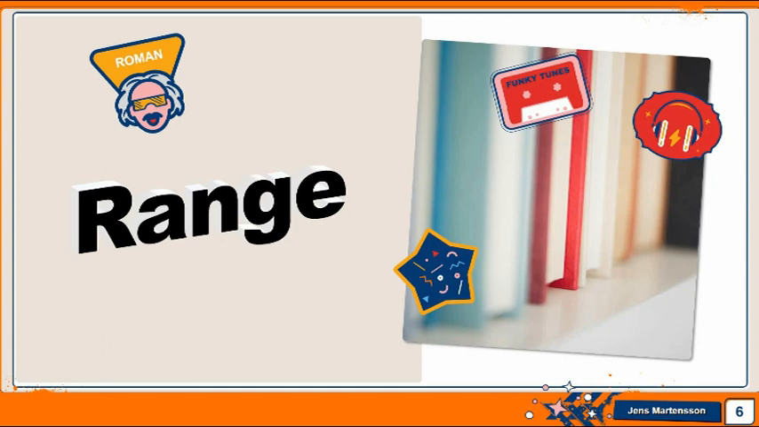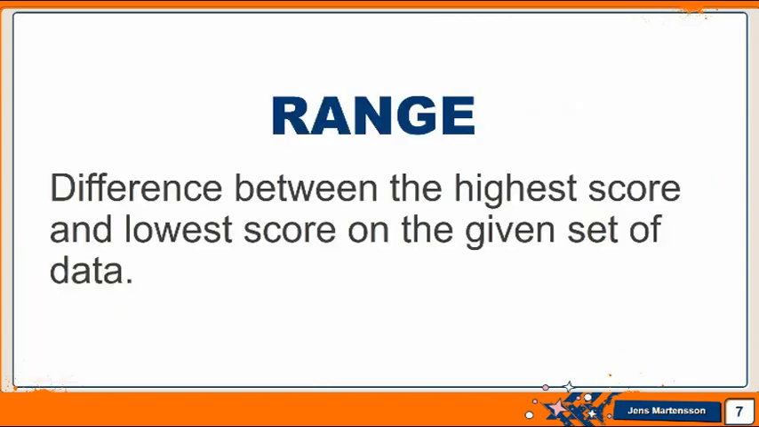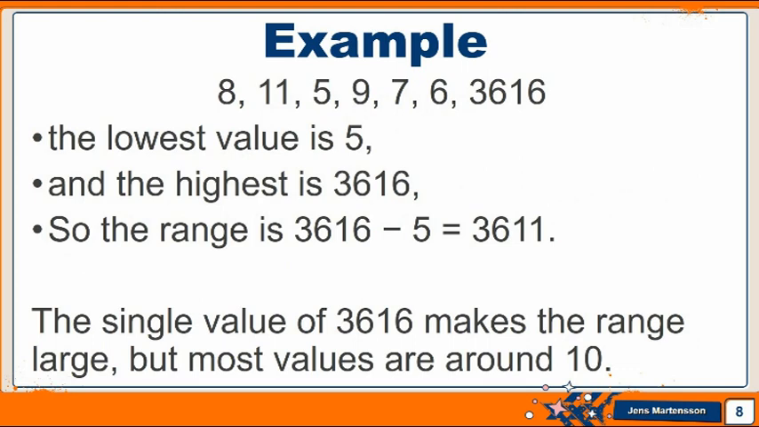First is the range. Range is the difference between the highest score and the lowest score in the given set of data. For example, we have 8, 11, 5, 9, 7, 6, and 3,616. The lowest value is 5. The highest value is 3,616. So the range is 3,616 minus 5, which is 3,611. The single value of 3,616 makes the range large, but most of the values are around 10 or 11